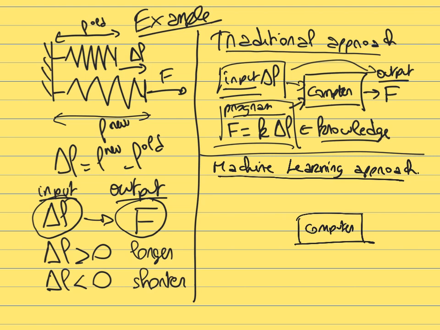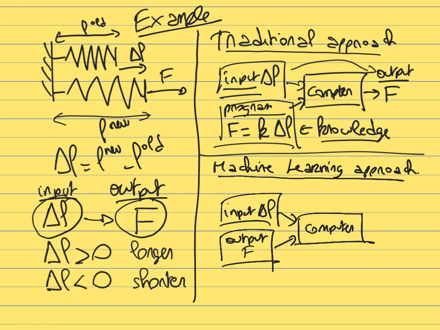In this case, what you are still going to use is the input delta L. That's what you know. That's the input that you are going to use. And rather than having the computer predict the output, you are going to provide the computer with some example output values. So you're going to provide the computer with some example measurements that were conducted on a spring, where you measured the elongation of the spring